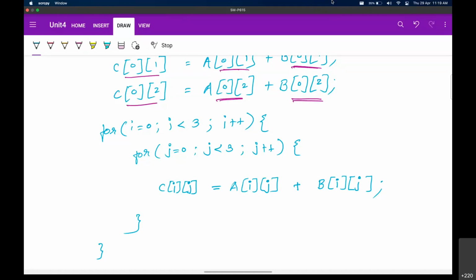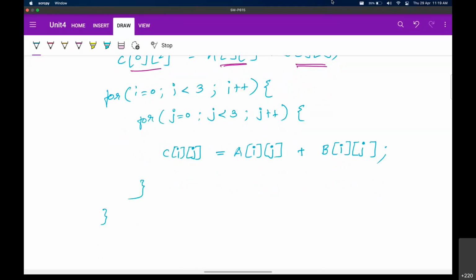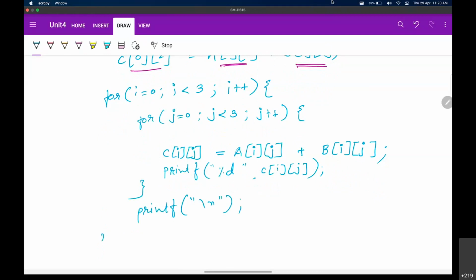Alongside if you want to print it, then you can, या तो फिर अलग से दो for loop लिख सकते हो, या फिर calculate करने के बाद आप उसे प्रिंट कर सकते हो. %d C[i][j] को हम प्रिंट करेंगे. And once we are done with inner for loop, printf \n to create a new line. So इस तरह से आप उसको प्रिंट भी कर सकते हो. So आउटपुट में आपको प्रॉपर मैट्रिक्स स्ट्रक्चर में 9 elements will be printed there. Yeah, so this is the code to add two matrices and print the final answer on screen.